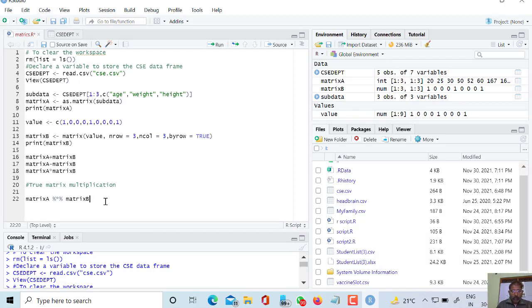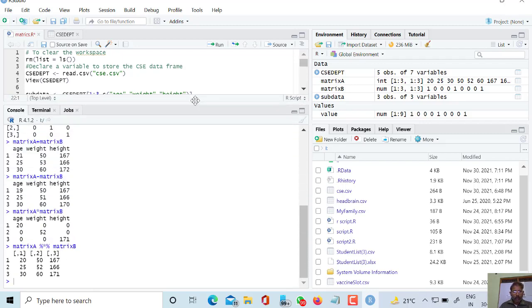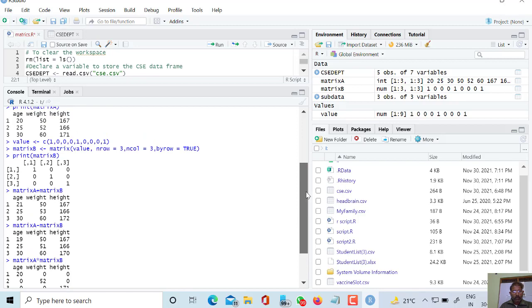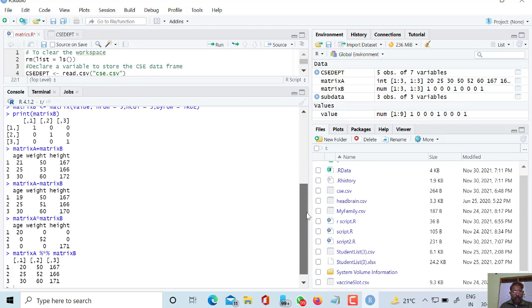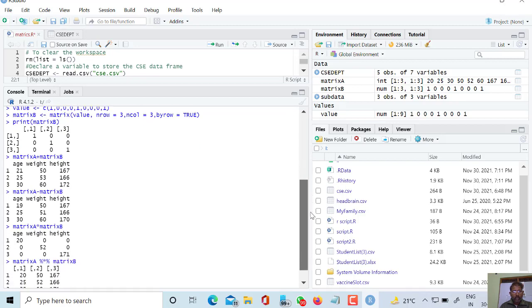So let us check whether the true matrix multiplication has been performed or not. Here we have got the answer. We can see 20, 50, 167, 20, 50, 167, here 25, 52, 166, 30, 60.